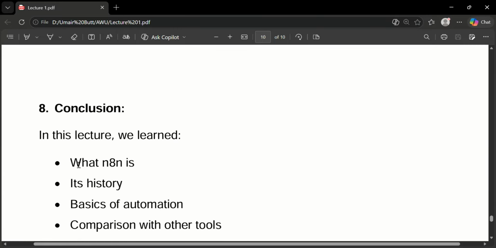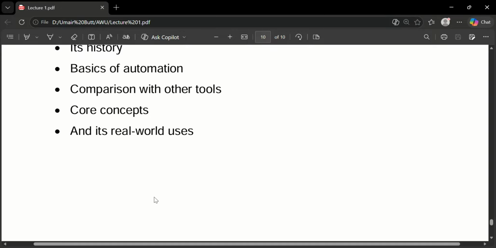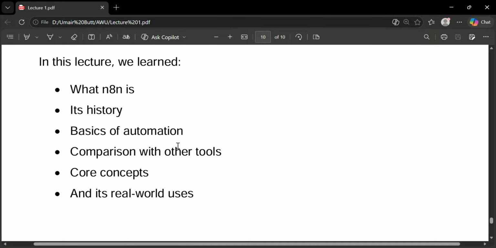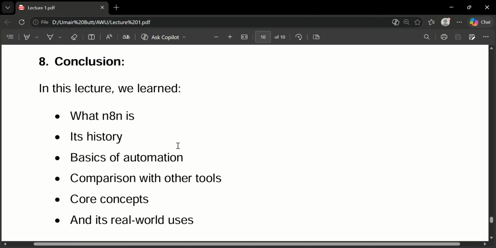Eighth one is conclusion. In this lecture, we learned what n8n is, its history, basics of automation, comparison with other tools, core concepts, and its real-world uses. This foundation will help you understand everything we build in the upcoming lessons. In the next lecture, we will move into the practical side and set up n8n, where you will start creating your first